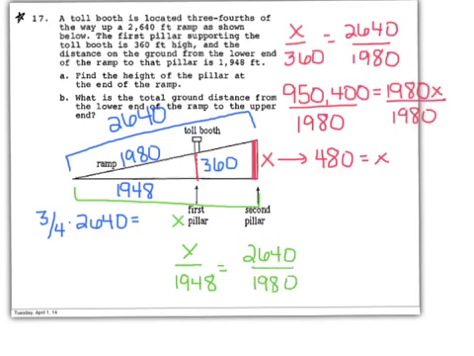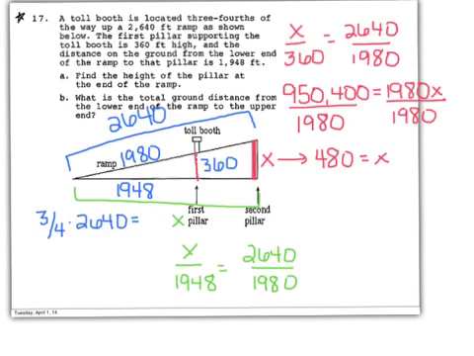I could have also, by the way, gone with this big side and small side. Okay, this is a big side, this is a small side that go together. Probably visually it makes more sense that this and this would correspond with this and this, but these ones would work as well. Okay, so you could have also used 360 and 480. Let's do some cross multiplying here. So 1948 times 2640